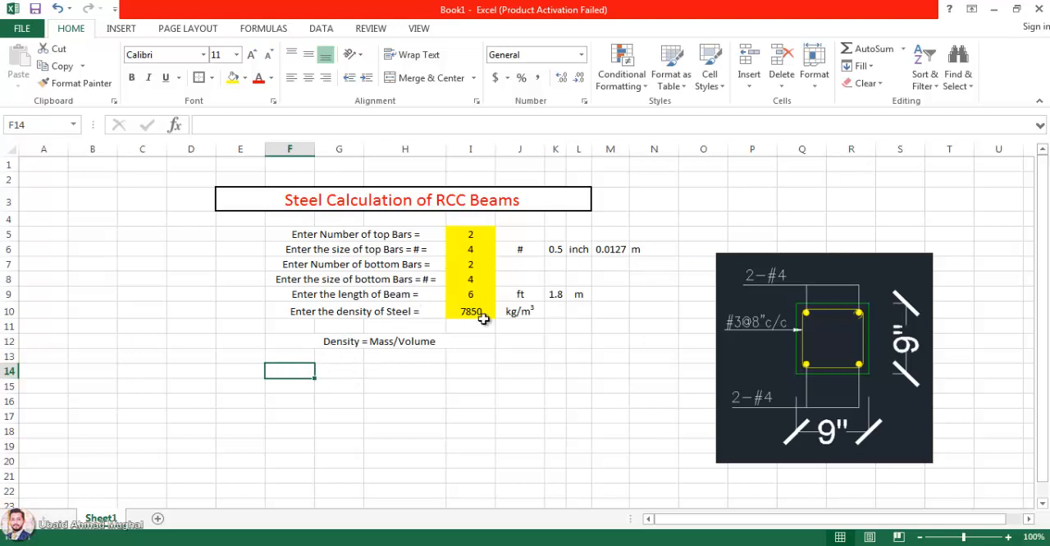First of all, I'm going to calculate the area, cross-sectional area of the bars, the top bars and bottom bars, and then I'm going to calculate the volume of these bars. Then I'm going to calculate the weight or the mass of these bars. So I'm going to write here